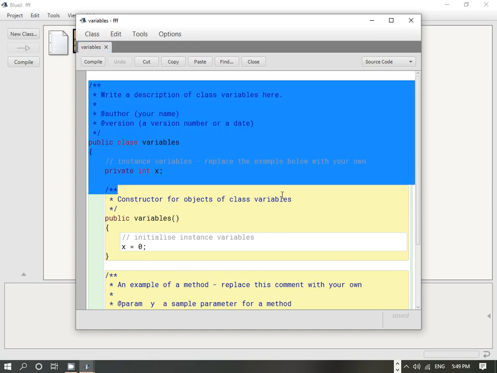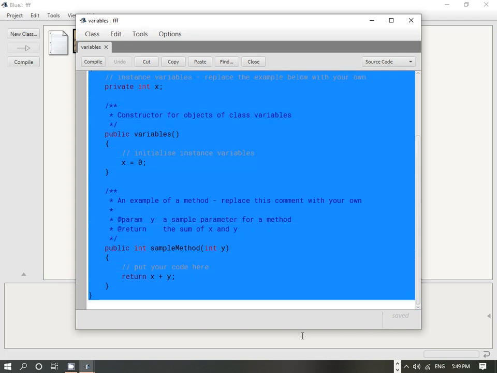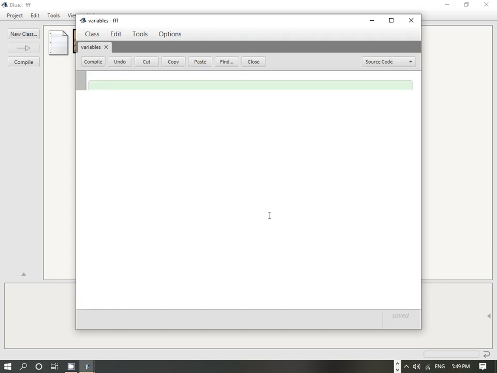I will delete all this because we have to learn coding, but here you have a format and you can use this in your program. Now the first thing is we will write a comment over here. Whatever you want, you can put a comment: program to use variables. This is totally up to you. Whatever comment you want, you can give to your program. This is just for understanding what you are going to do in your program.